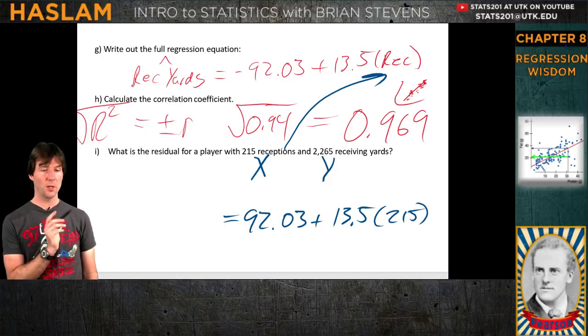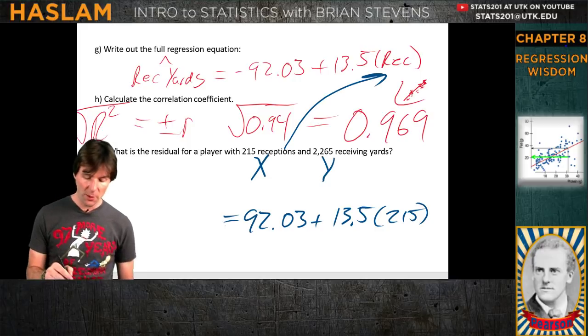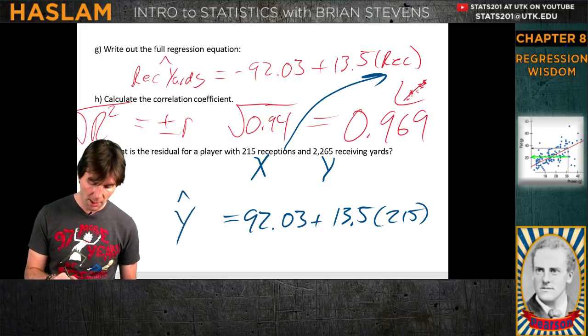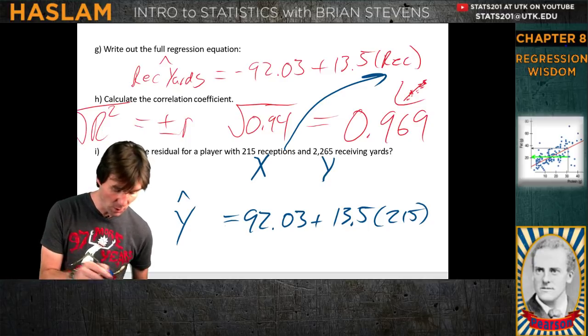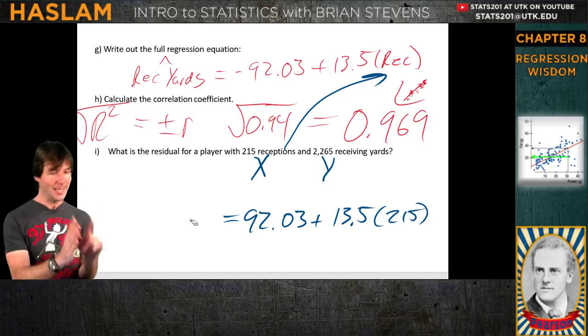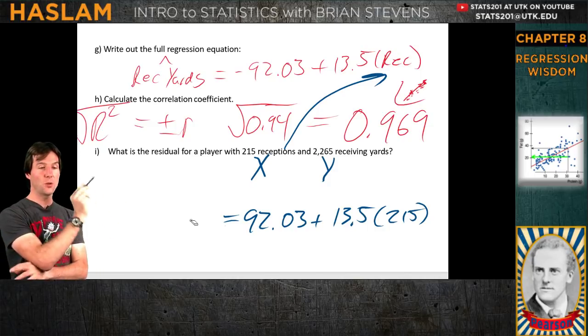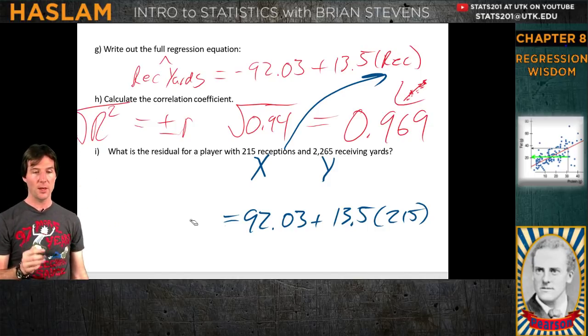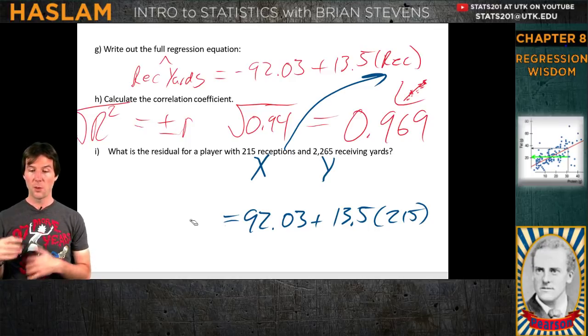By putting this in here, we are solving for, you can tell me in notation, because this value right here will be, and I'll erase it in a moment, y hat. So the predicted y, nice answer in the chat, that is the predicted y. Take this note: if you are given numbers, mark them in notation. You notice how I put the x and the y there? If I have x, I can use my model to predict the receiving yards.